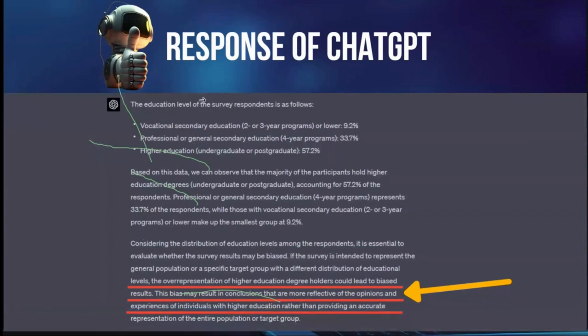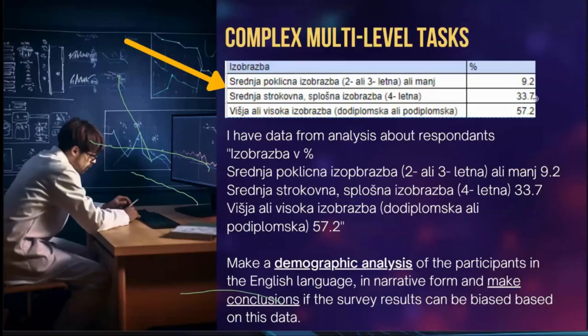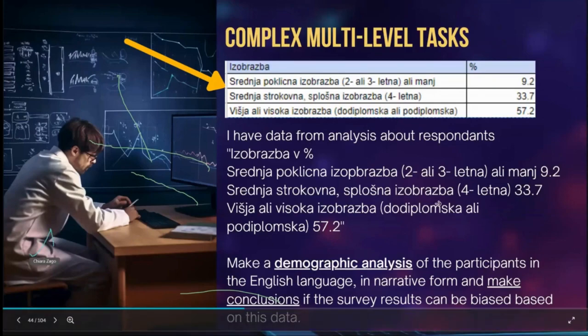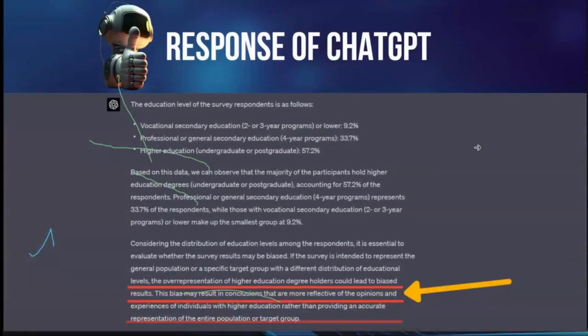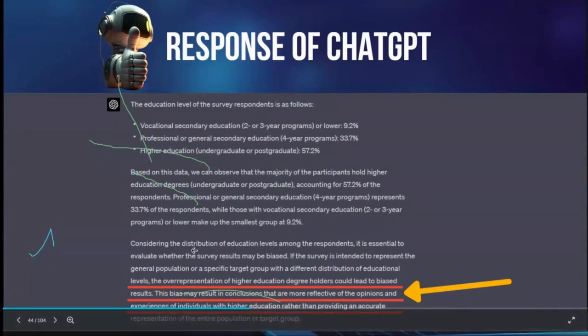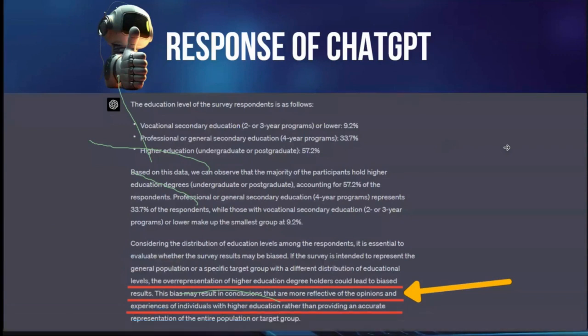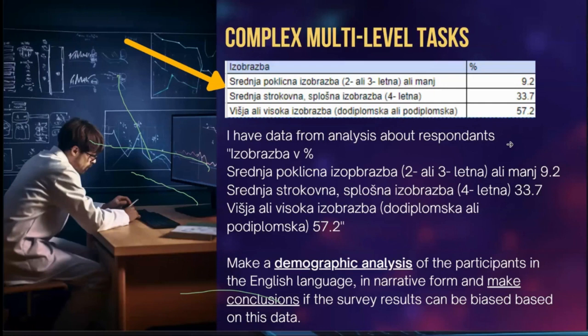And what we got here is a complete translation first. So all of this was first translated to English, so somebody from the national agency can read it, and based on that data, you got the feedback. The overrepresentation of higher education degree holders could lead to biased results. So these are a few very important steps done in just one ChatGPT prompt.